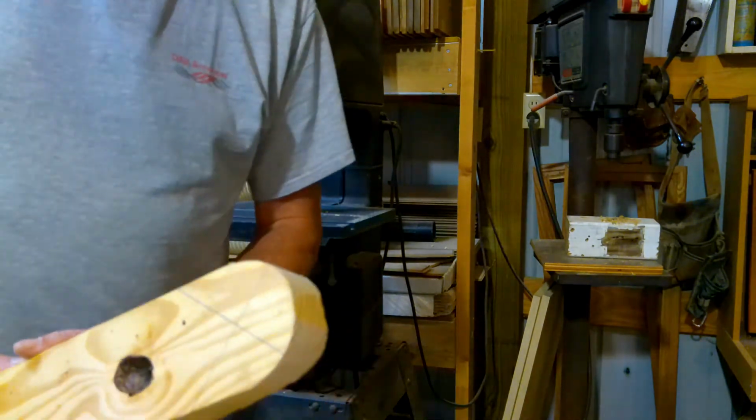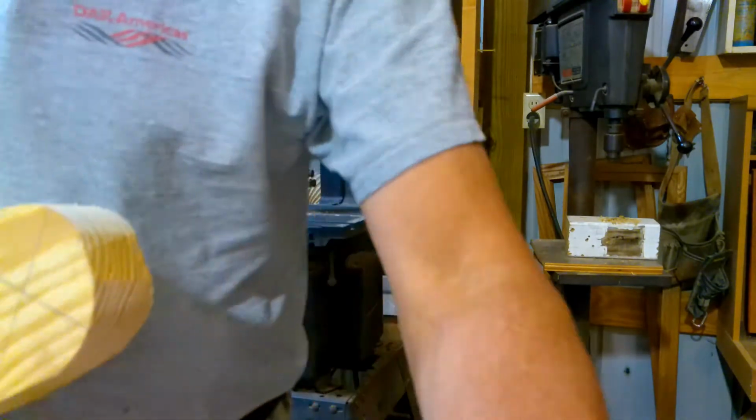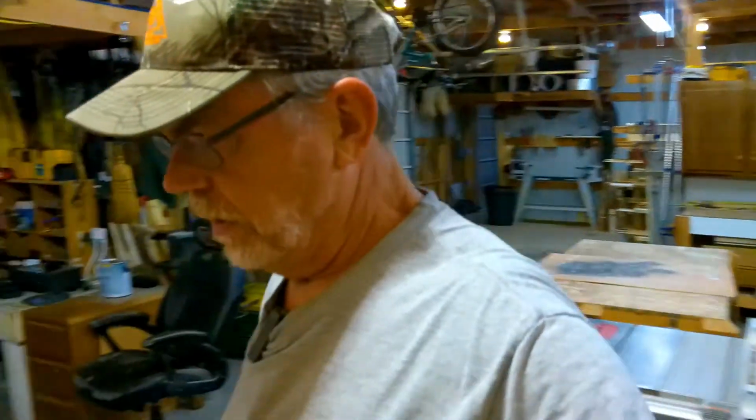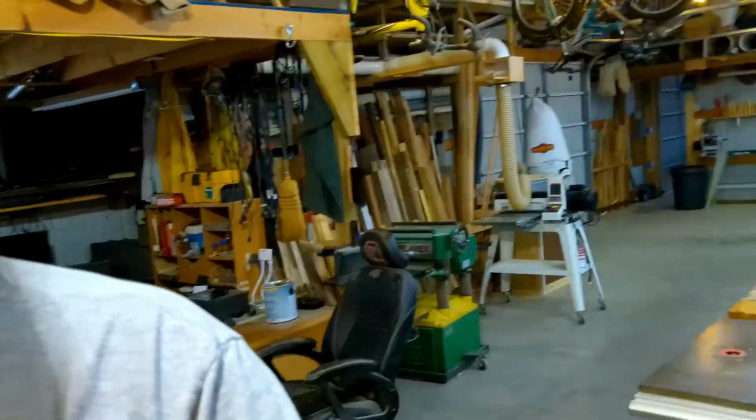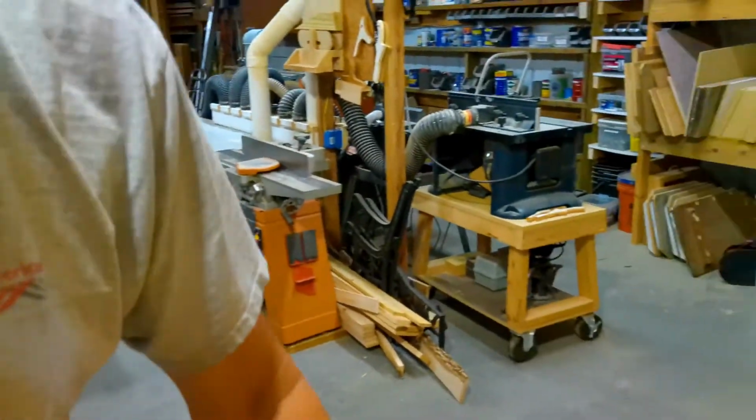So now we'll go one other way to do it. It takes a little bit more prep work, but I think it'll work out well. So what we're going to do here now is we're actually going to cut this on the table saw. So the first thing we need to do is, I have done this before,